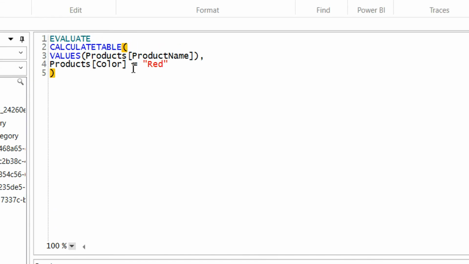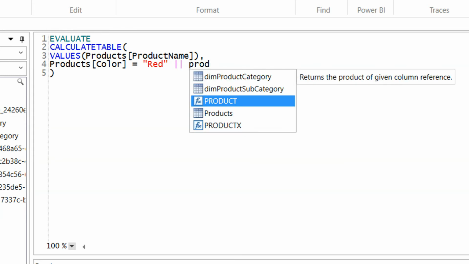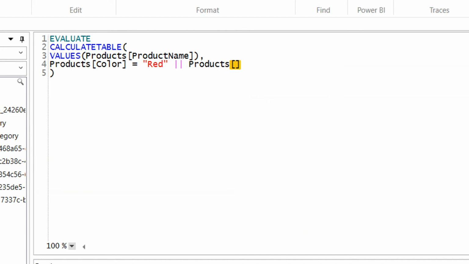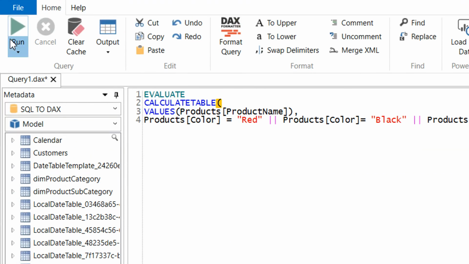So what we have to do is we just need to write here where products color is equal to red, then pipe sign, or products color is equal to black, I've just copied it, and then pipe sign, which is blue, and we just need to execute it.